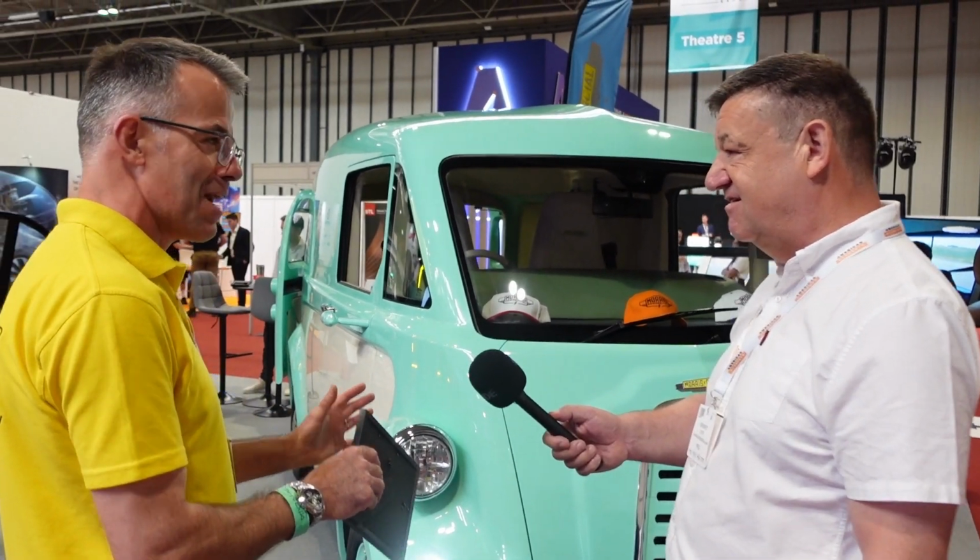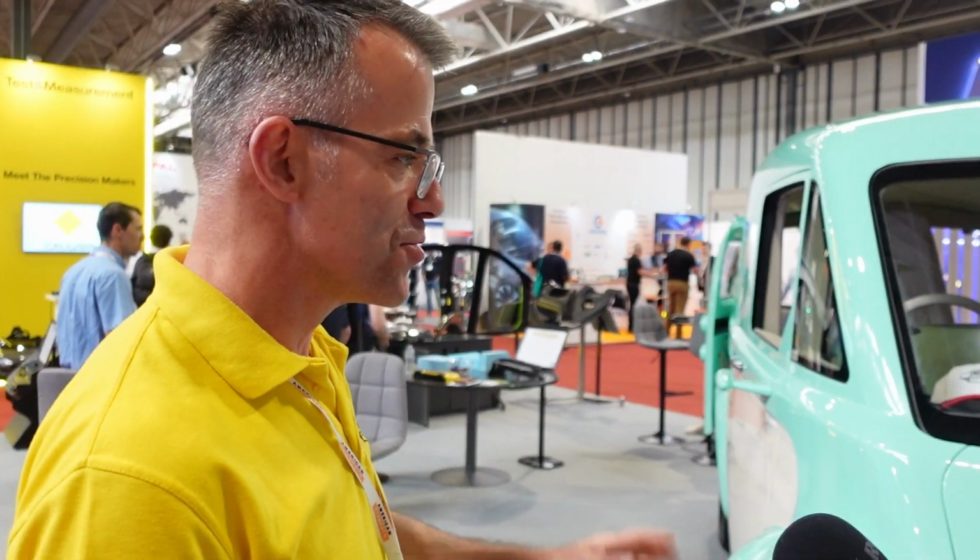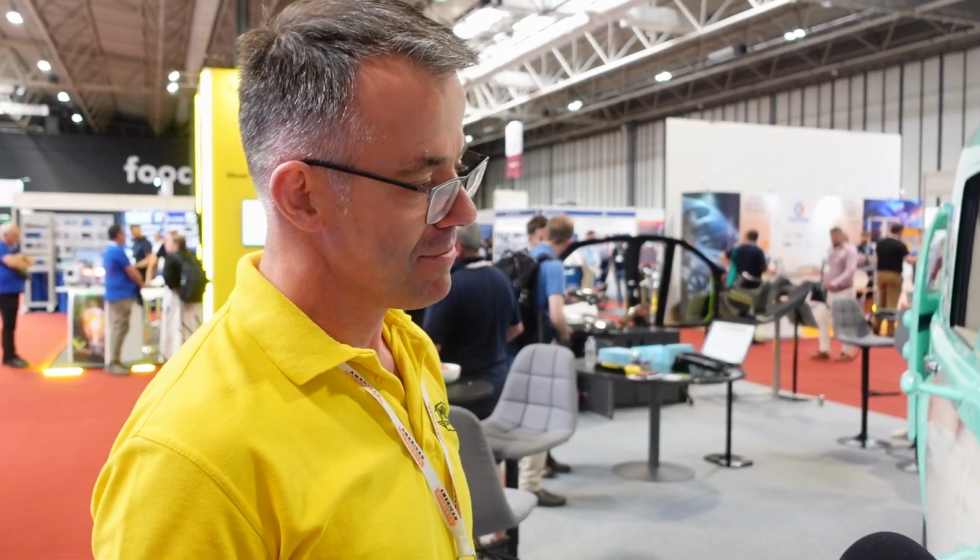It stands out from, dare I say it, the average grey or white box van, and should get people seen, remembered, and get people talking. Put a smile on people's faces. So the drivability of electric, decent range and decent capacity due to the carbon construction, and it presenting itself as much as a marketing platform